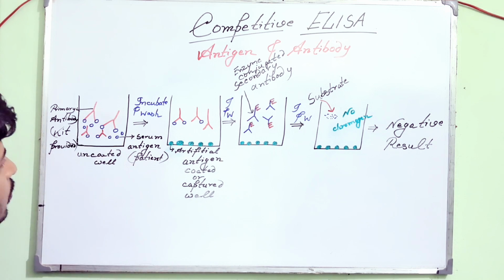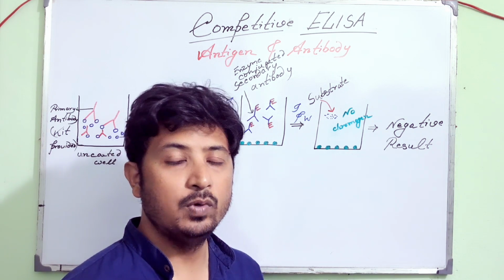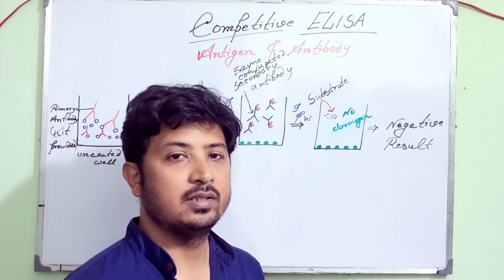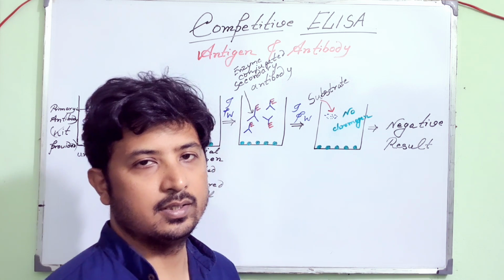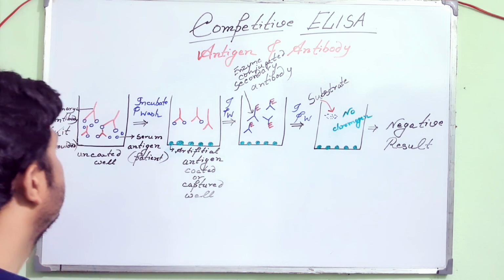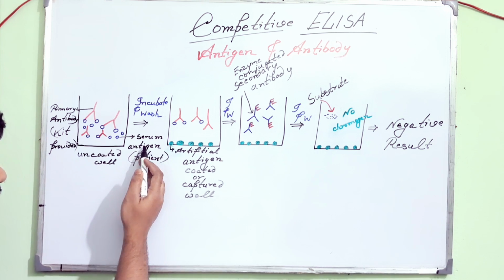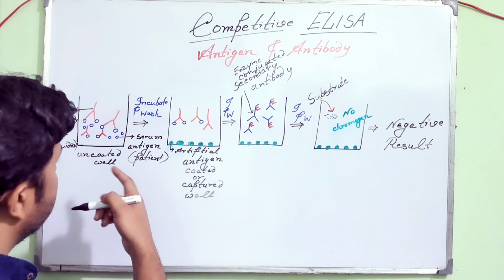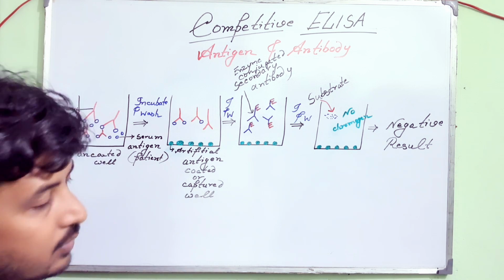These primary antibodies are highly specific monoclonal antibodies that will bind the antigen if it is present in the patient's serum. Let's assume that the patient is positive, antigen is present and the antigen is bound by the primary antibodies. So after incubation,